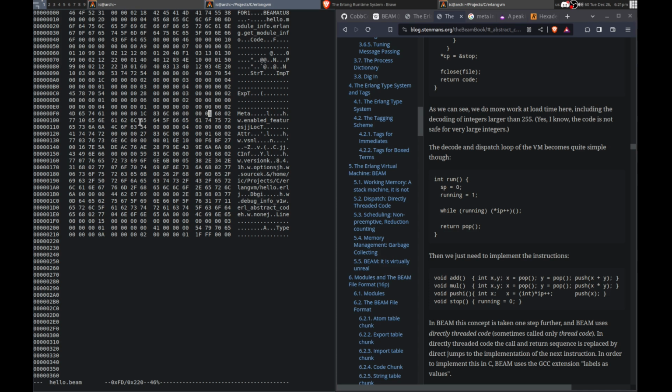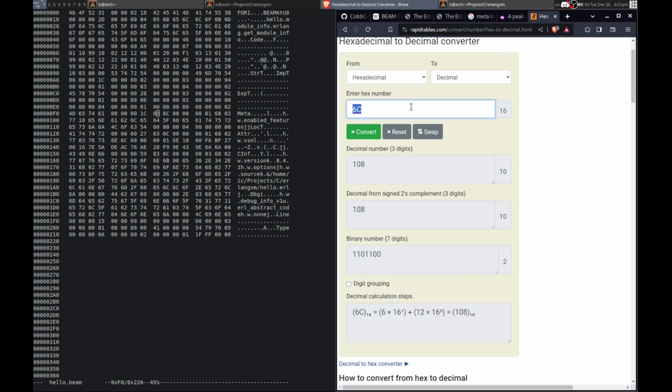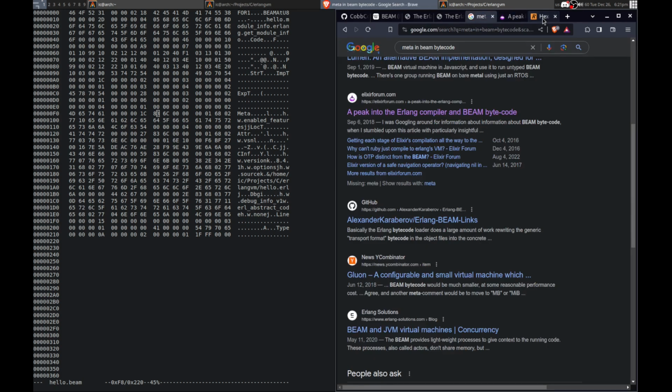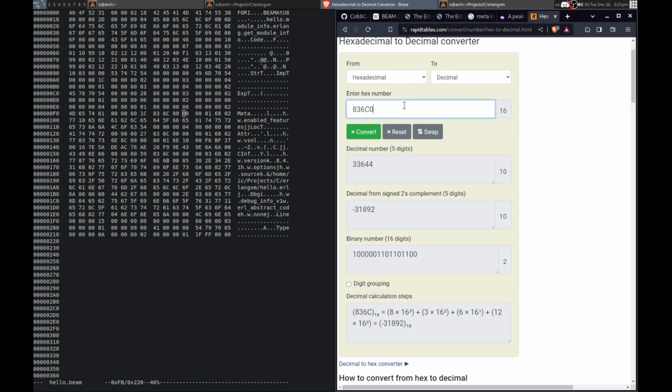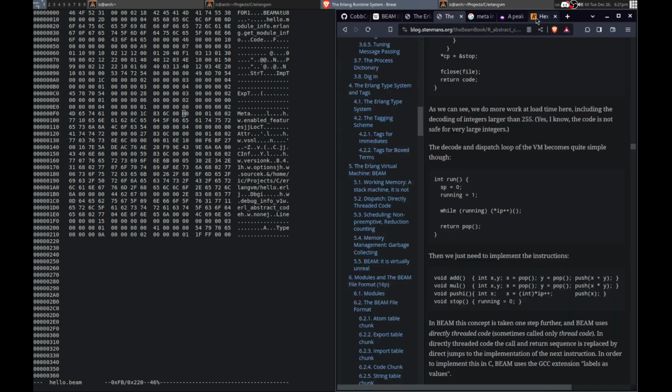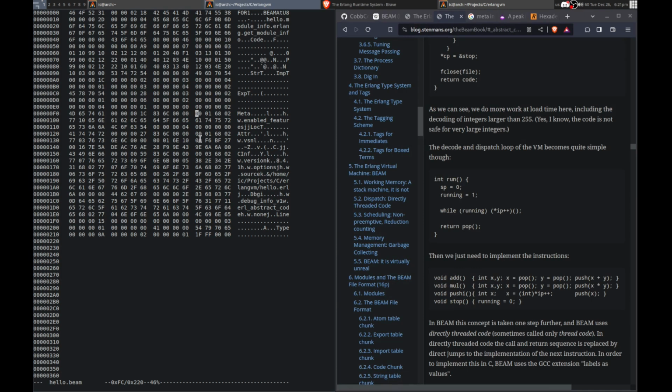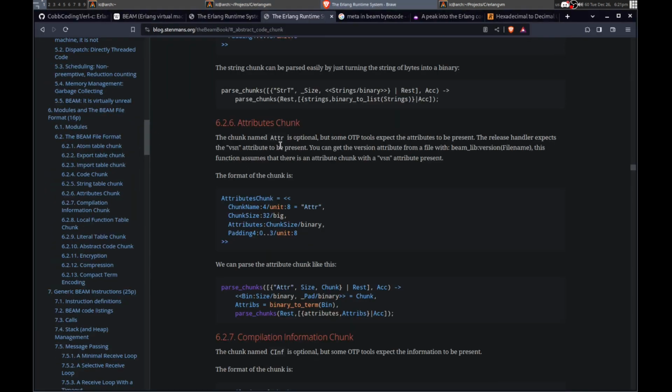This is 1. So we have to read 2 bytes actually for the size, is it? Could that be it? 36C. That's a really big number. I feel like that's not it. But it could be something else. It could be metadata. That would make sense. Read 2. But then why are there zeros? Yeah, that's a big number. But then yeah, that would make sense reading 2 here then. That's the size of this. I don't know what the O2 is for though. Yeah, it's hard to just work through this.